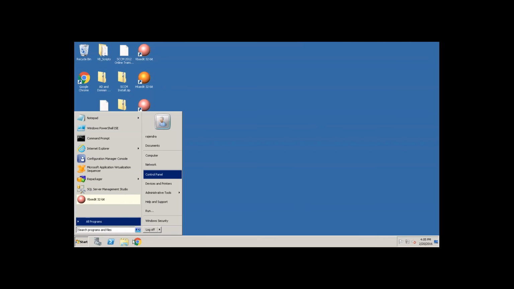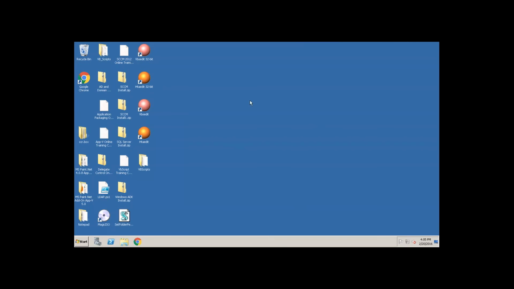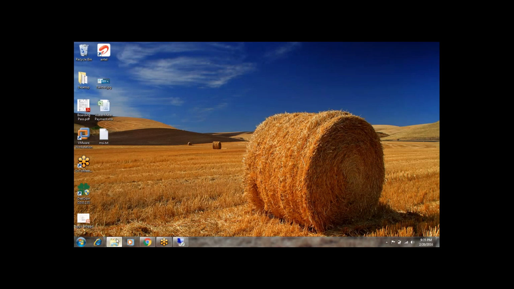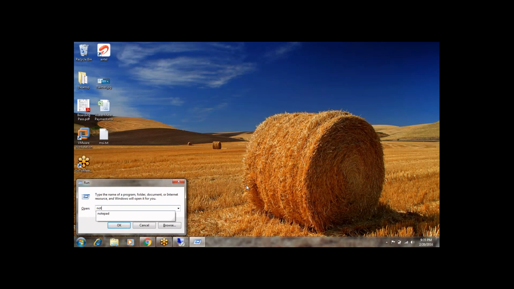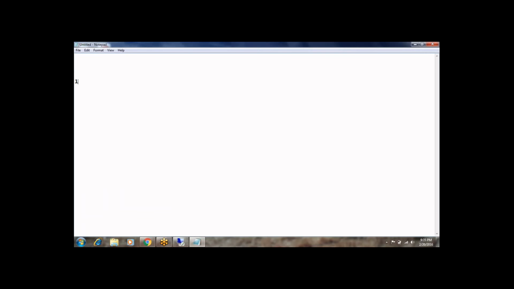Okay, let's see. Installing and publishing App-V packages can be done in three ways.